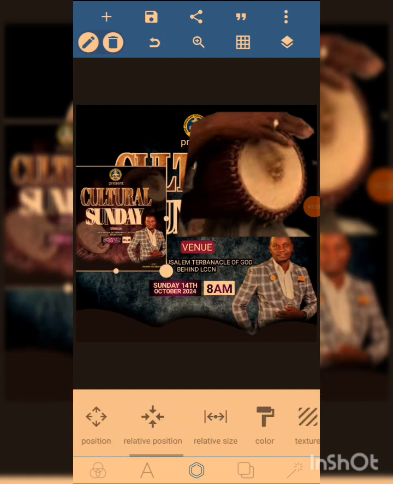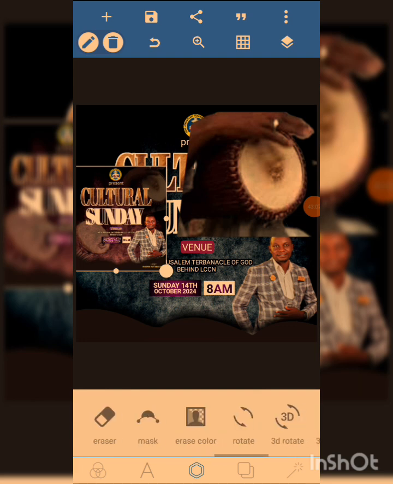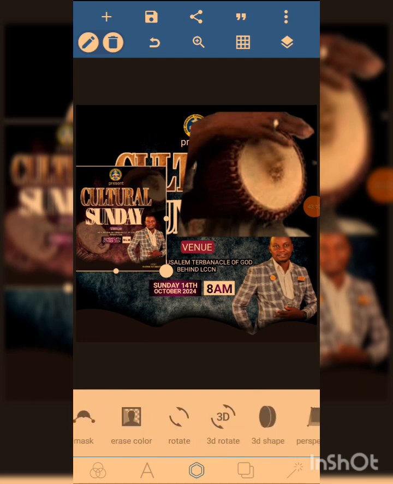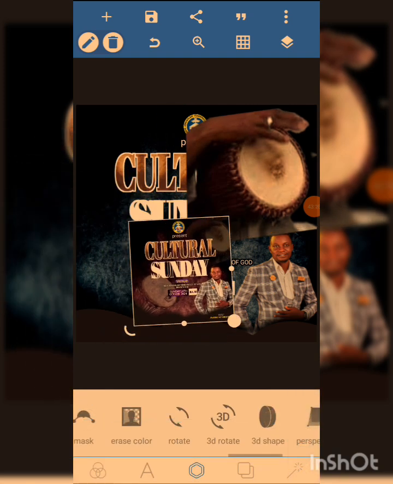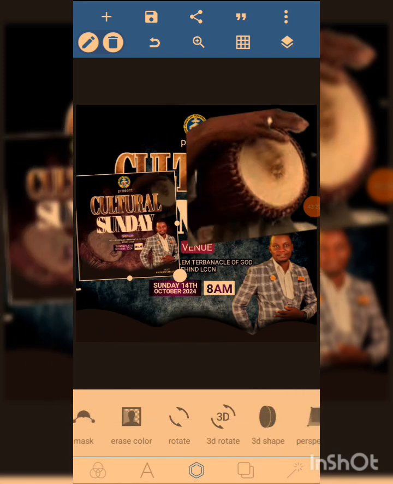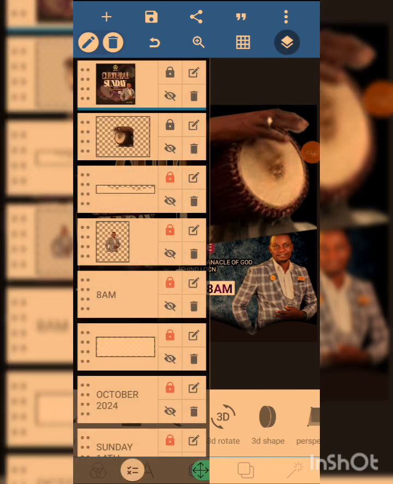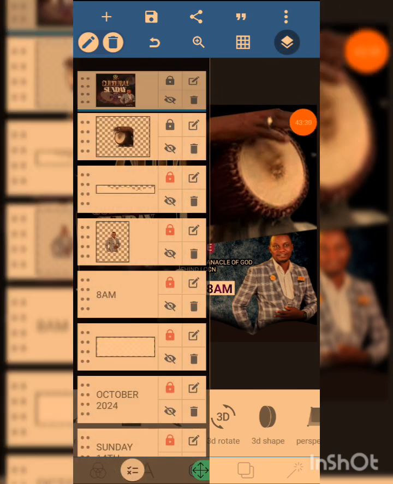So we'll come to this other one, we have 3D rotate and we have rotate, right? So let me highlight it. After I highlight it, I'm going to rotate. You can see it's going upward. Now it is at the front where you notice. So we just click this particular location. After clicking to it, you just drag this here. You drag it down to the